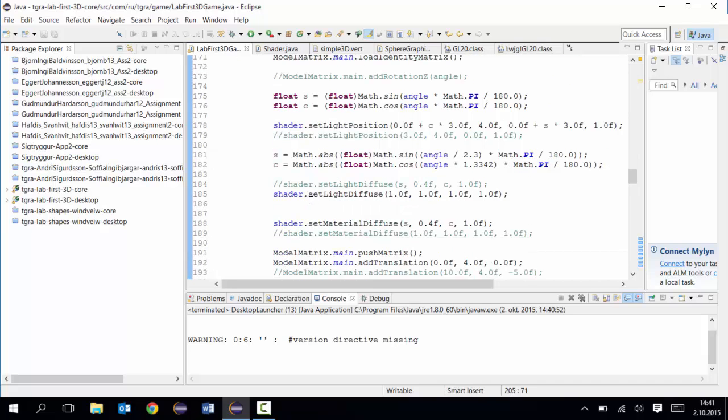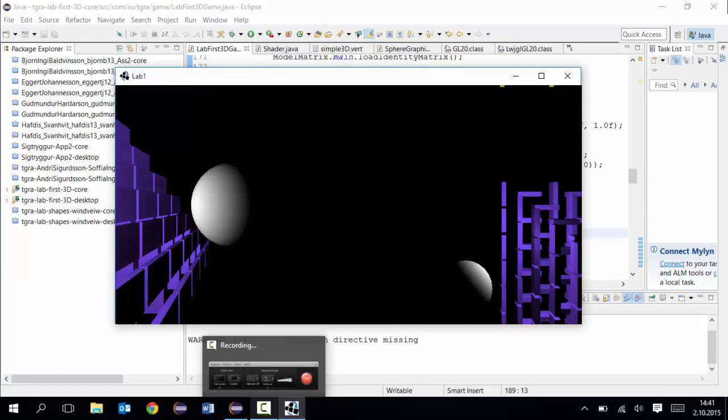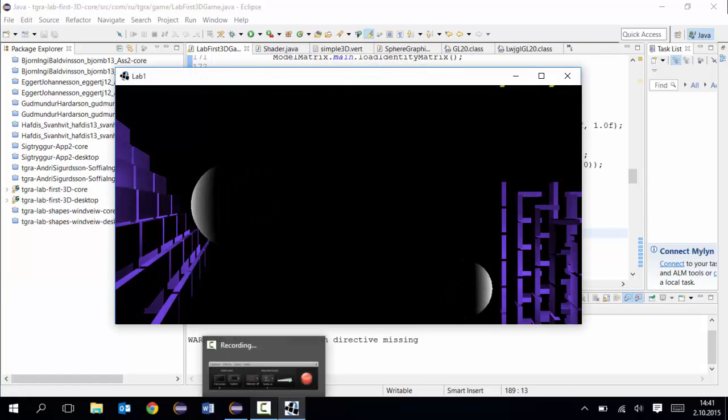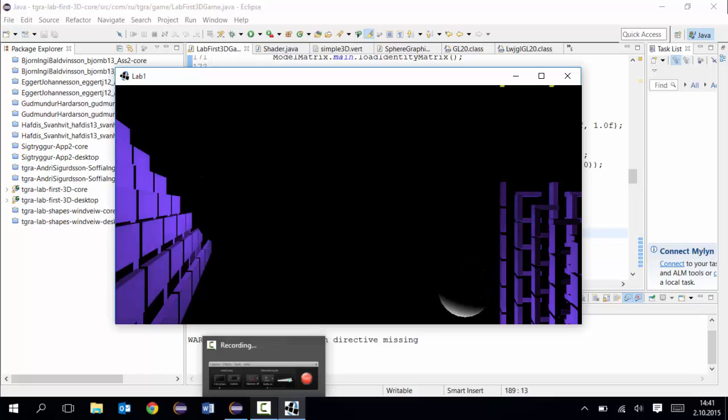So okay, material diffuse back to white, and so the diffuse color is more or less something that we kind of understand now. Just doing this little calculation to simulate this intensity,